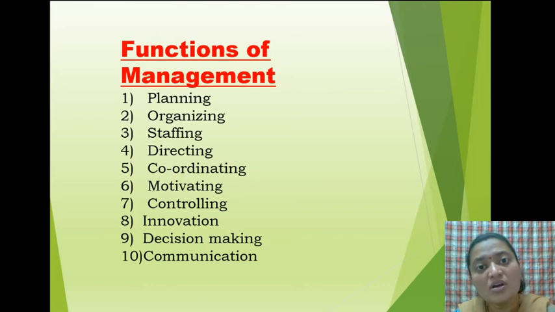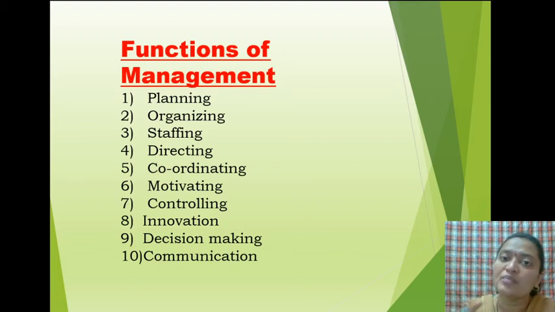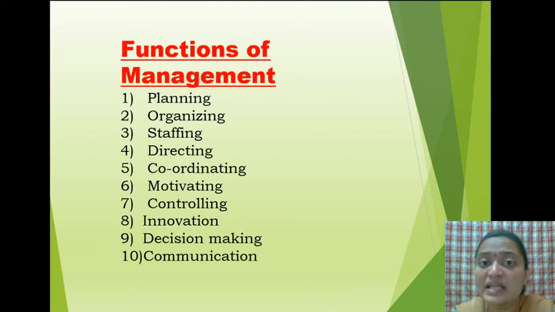The next one is called motivating. Now what do you mean by motivating? Motivating is what? Giving guidance, encouragement or inspiration. Like normally what happens in the organization, few workers are there, they will do the work properly, whereas other workers will not do the work properly. Few workers are giving good performance and other workers are giving poor performance. So which workers are giving poor performance, they should be motivated. They should be encouraged, so that next time they can improve and show a better performance.